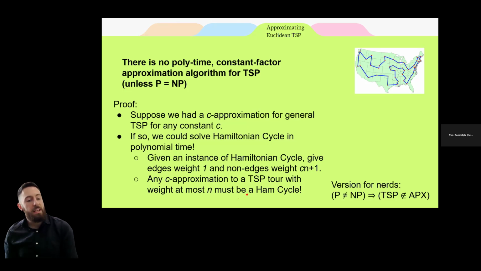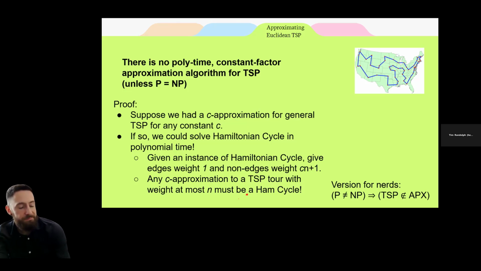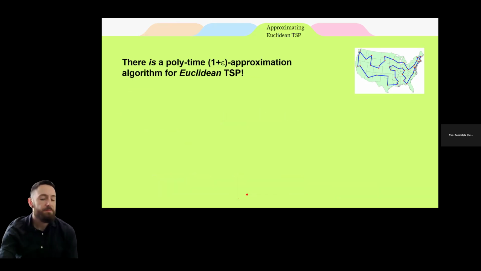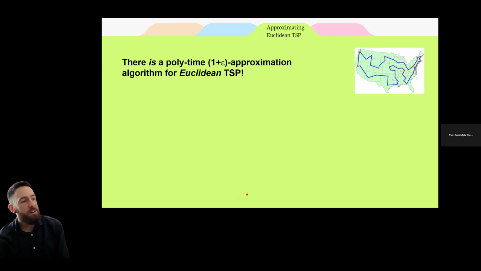So if you really like symbols, you can write this result purely in symbolic terms. If P does not equal NP, that implies that TSP does not admit a constant factor approximation. But, and here is the super cool result that teams are going to spend their weekends trying to puzzle through, it turns out there is a 1 plus epsilon approximation for Euclidean TSP, meaning it has a polynomial time approximation scheme,